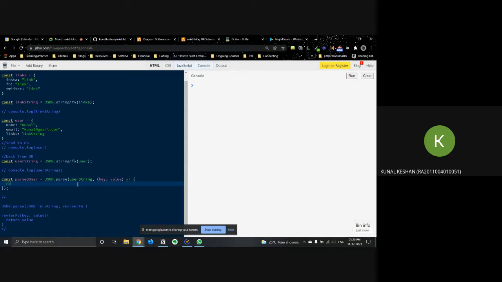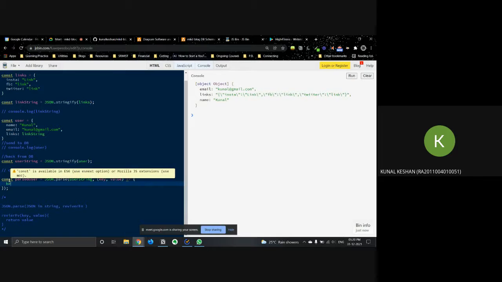So suppose I put return value, in this case is giving me all, right? So within the JSON.parse, I can put in a logic over here, right? So if key is equal to links, and I'm going to use a ternary operator over here. So question mark, okay, that's the ternary operator, and I'll put JSON.parse